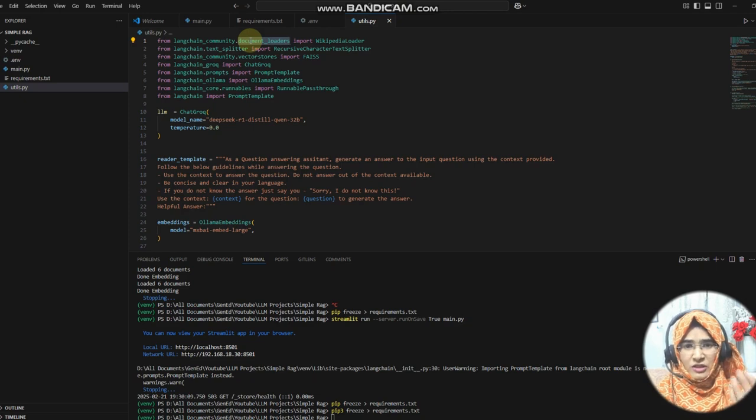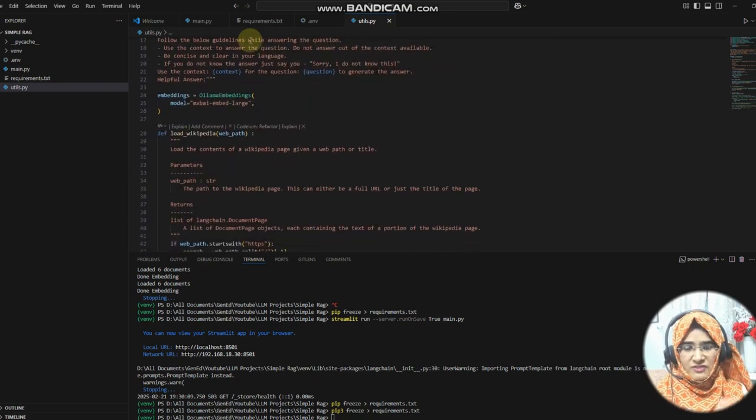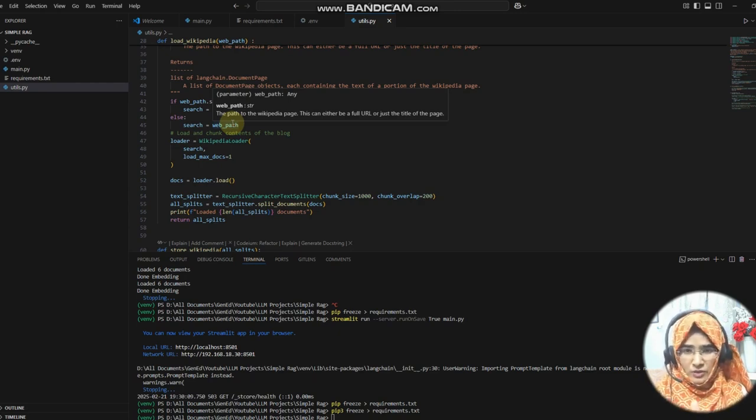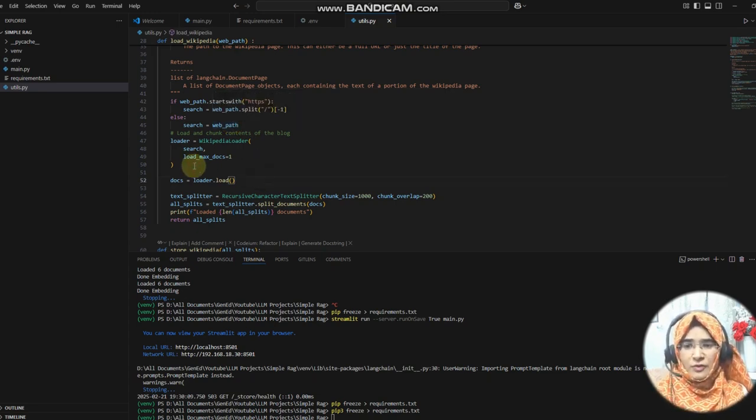The LangChain documentation is extensive. You can go there and see how many document loaders you can use. Here we are using the Wikipedia loader. What it does is take the particular title or path, or the name of the content that we are providing, load that content, and save it, right? But before this, as I said, we are providing the article name or the URL.